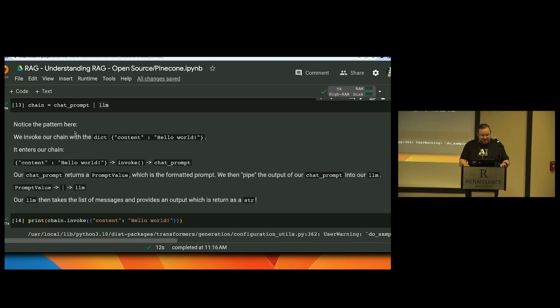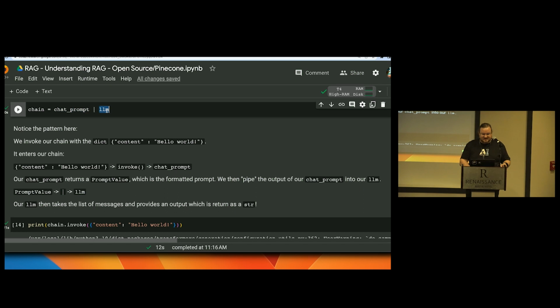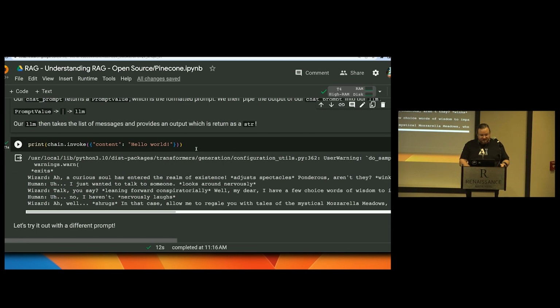In the text here, we go into a little bit more detail. The idea is that each of these objects has a specific input and output, and we just need to make sure that we line those inputs and outputs up, that we're passing in the expected output to the next object. But this is all we need to do, right? LangChain made it very simple. This is our first chain. And you can see when we invoke that chain,